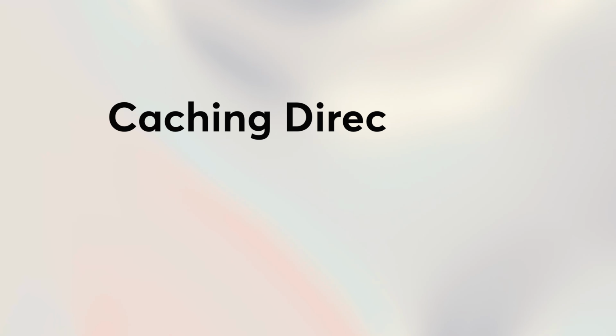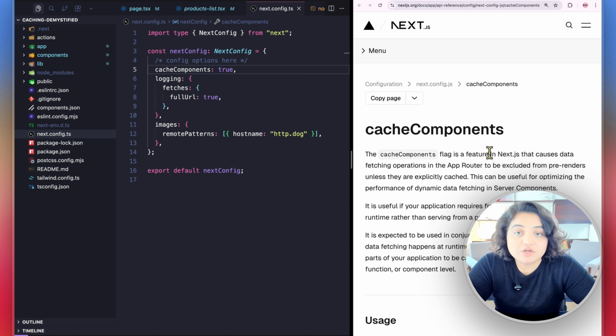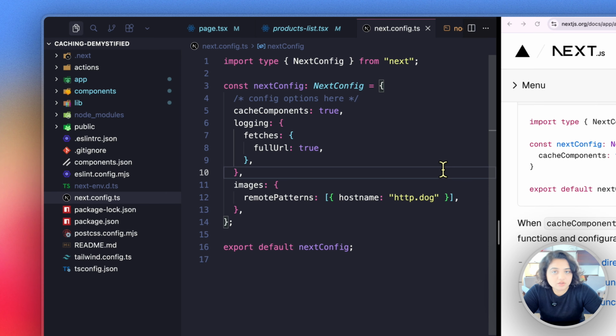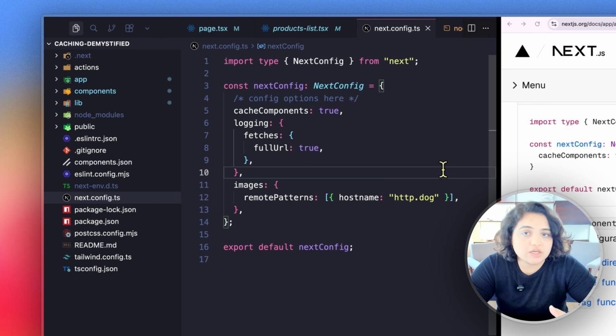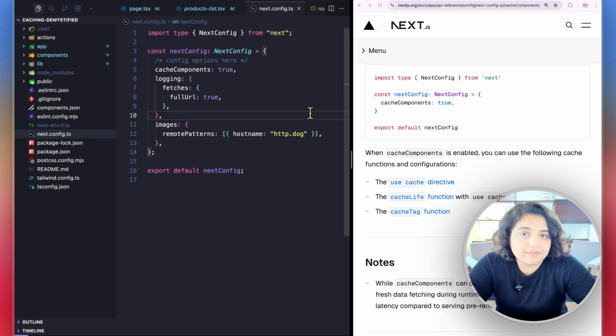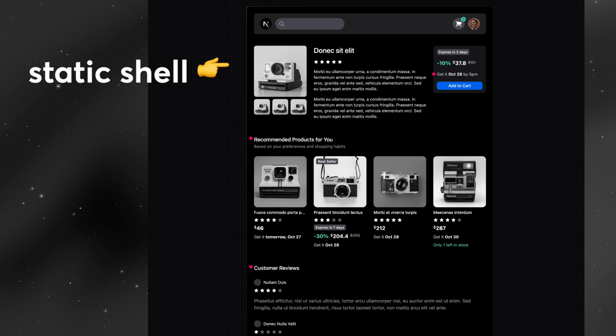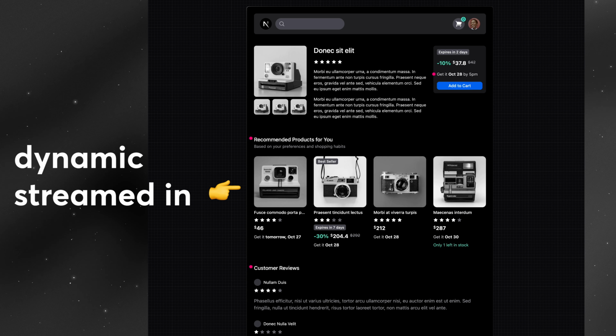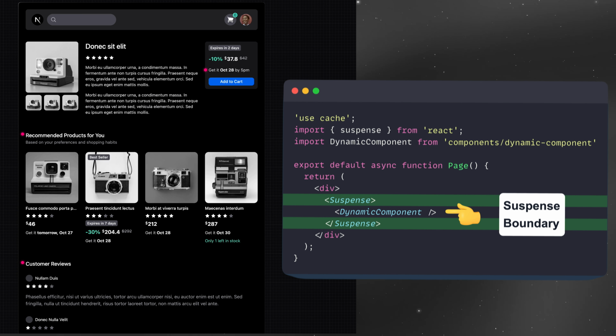Next.js 16 added the cache components feature, which is an opt-in feature. If you go to your next config file and add cache components as true, then you can cache your components, page, or your function easily. And it works hand in hand with partial pre-rendering. Partial pre-rendering is a feature that allows you to cache your static components, but for things that need to be dynamic and we need to wait for data, you can wrap them in a suspense boundary